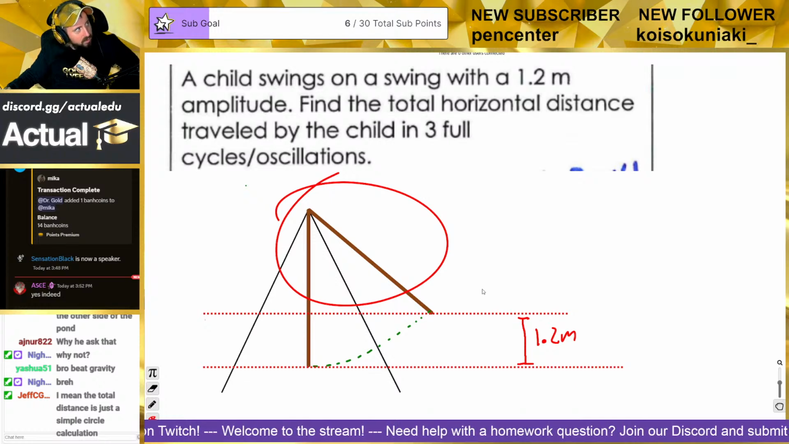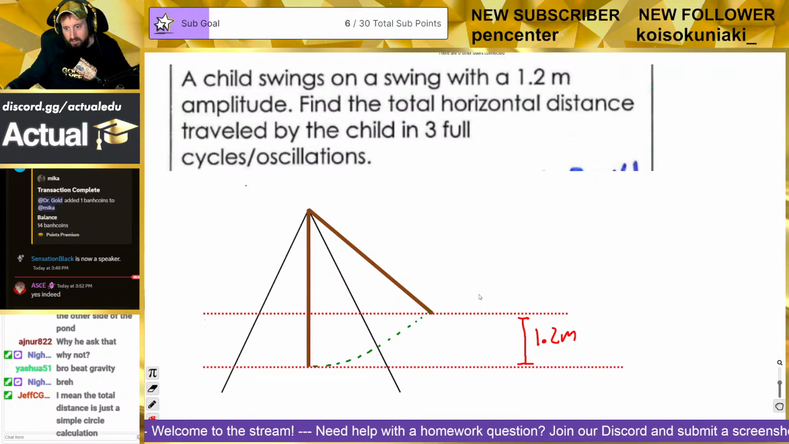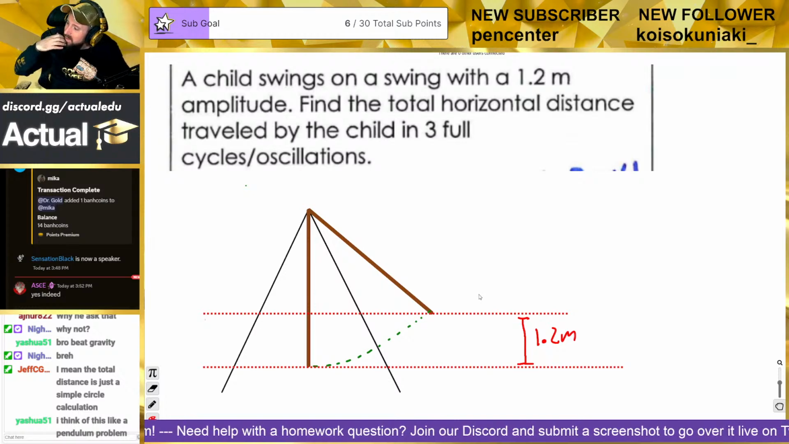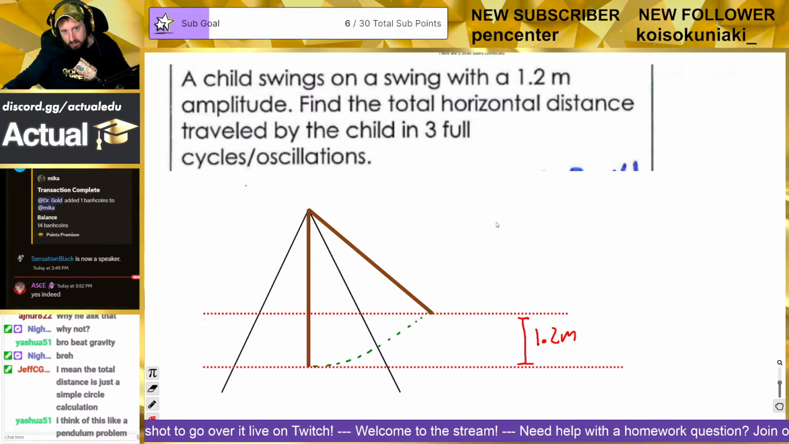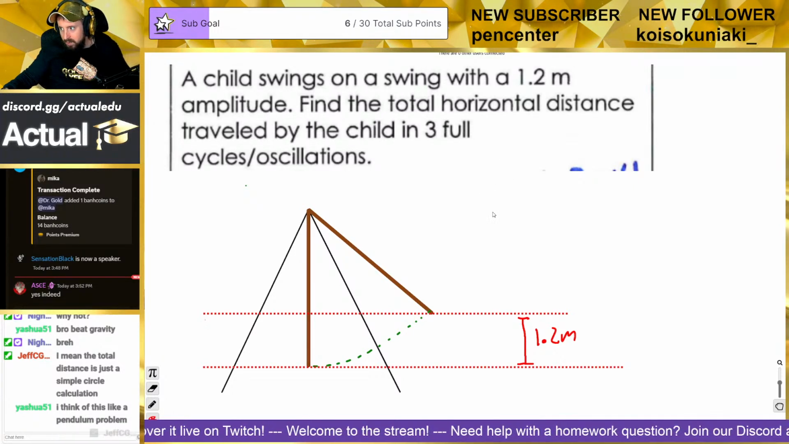Right? Am I crazy? Well, it sounds about right. Yeah. Can you not derive the length of the chain from the amplitude? Correct. Don't you usually need 2 pieces of data to do that? Yeah. It is a pendulum problem, Yashua. You're correct. But I don't think there's an equation for horizontal displacement with